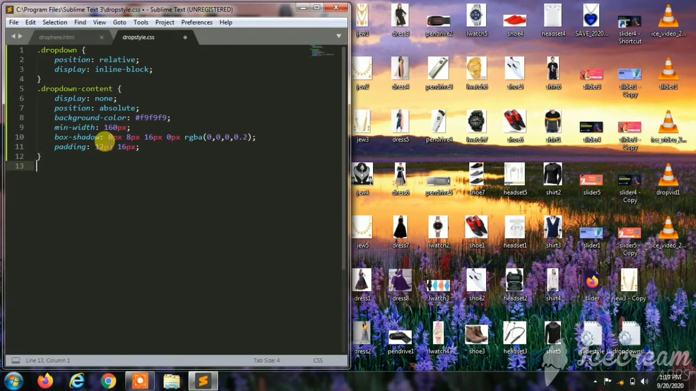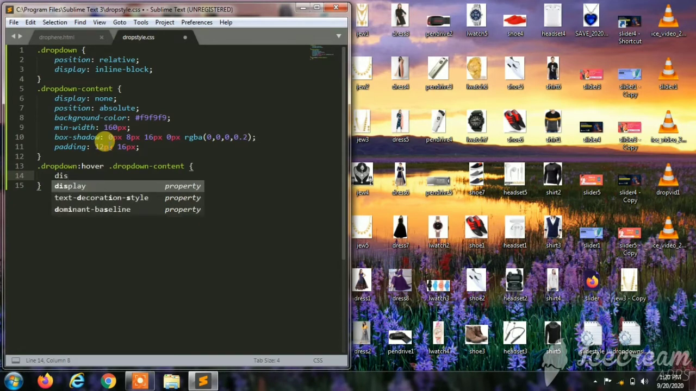Okay, I'll apply hover here. Okay, drop down colon hover dot drop down content. In the drop down content I'll give display as block. Okay, now